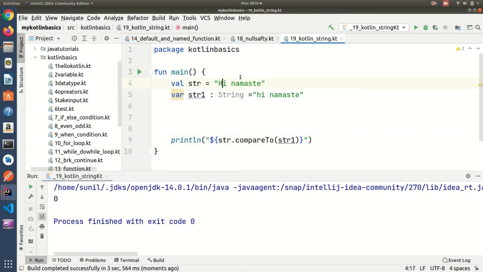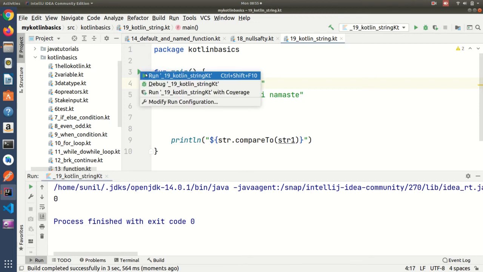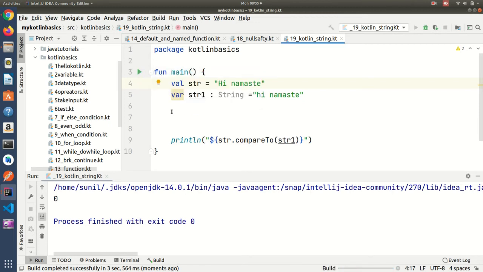If I use high, minus 32, so why is it printing?